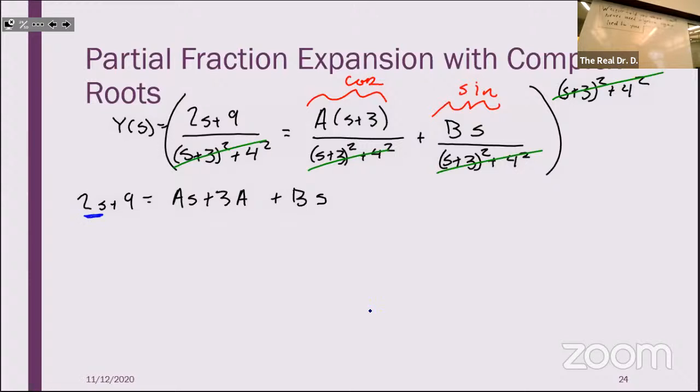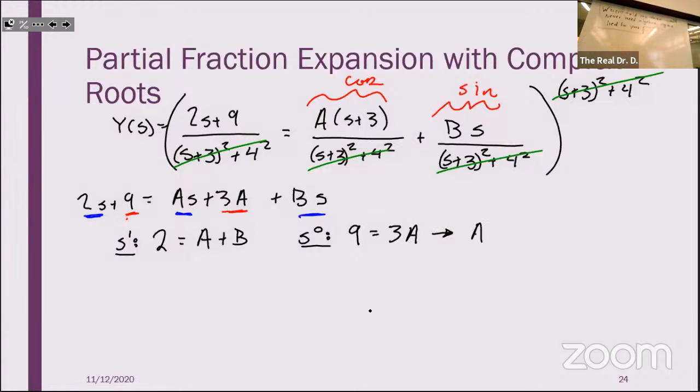So now I can set up my equations where I group things. So I've got s to the 1. That's going to be 2 is equal to a plus b. I've got s to the 0. That's going to tell me that 9 is equal to 3 times a. Well, that's an easy one. I can solve for a directly. A should just be,